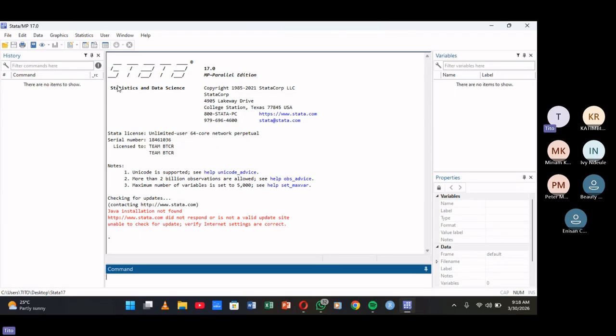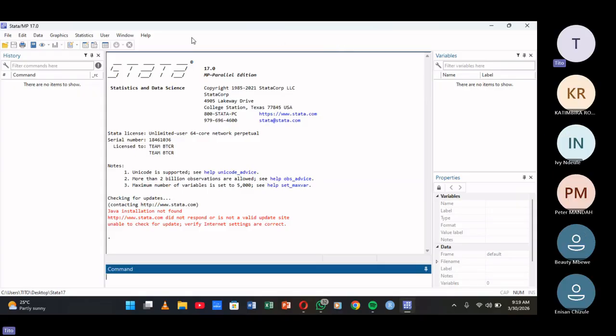How to create a working directory. First of all, we are going to create a directory outside Stata, and then we are going to open our Stata. So in this case, I'm going to create a working directory